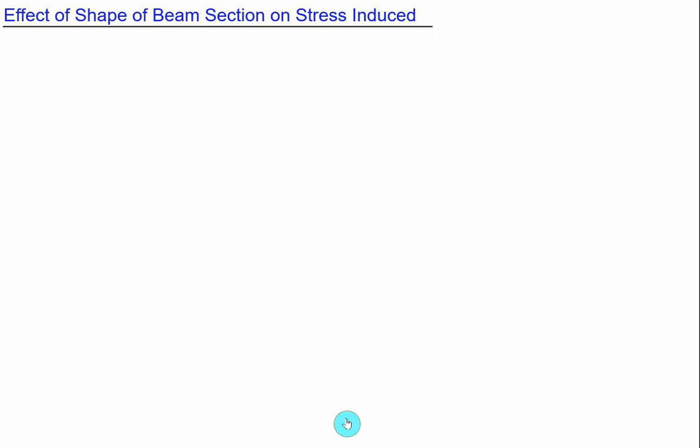So up till now we have used the flexure formula for various cross sections like circular section, rectangular section, square section, T section, I section, symmetrical I section, unsymmetrical I section. Even in the case of rhombus also we have found out the bending stress. And for finding the maximum value of bending stress, we are using